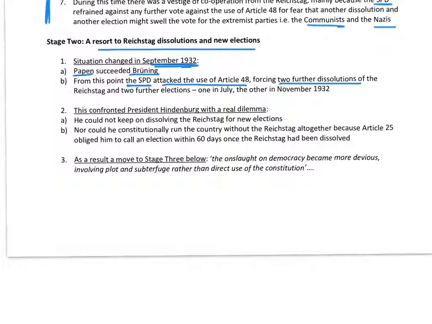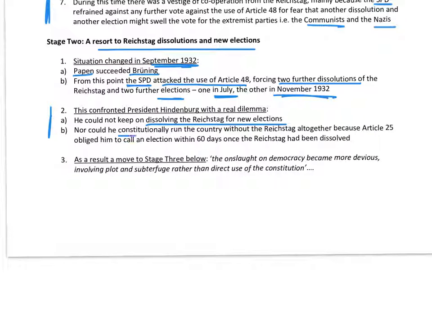The first time it was dissolved in July, and the second, well, it was dissolved before July, and the second was in the early autumn. And effectively, constitutionally then, what has to happen within 60 days is there has to be new elections. So there were elections in July 32 and there were elections in November 1932. Now that confronted President Hindenburg with a real dilemma. He could not keep on dissolving the Reichstag for new elections,